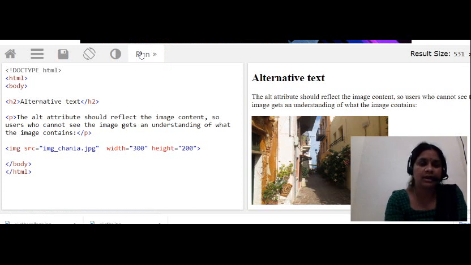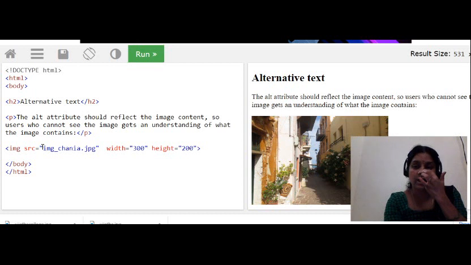Suppose, without the alternate alt I can also write the program, without width also I can write the image, without height also I can write the image. But without source we cannot use it. The img tag is known as here img tag. If we are using an img tag, you must use the compulsory attribute known as src. That is the use of the img tag.